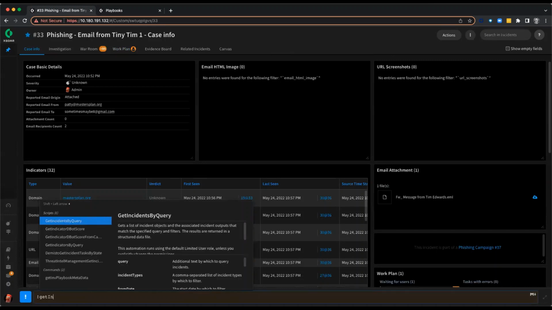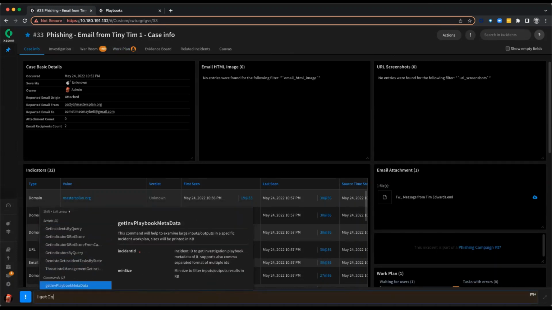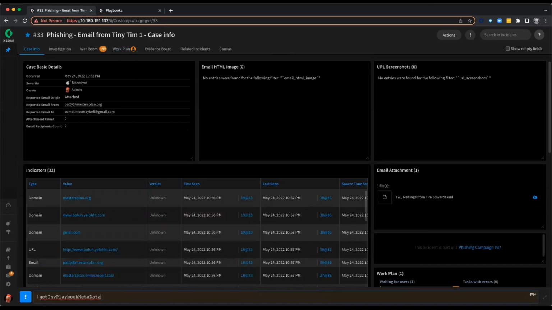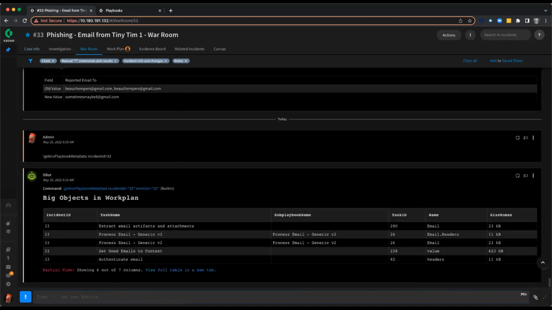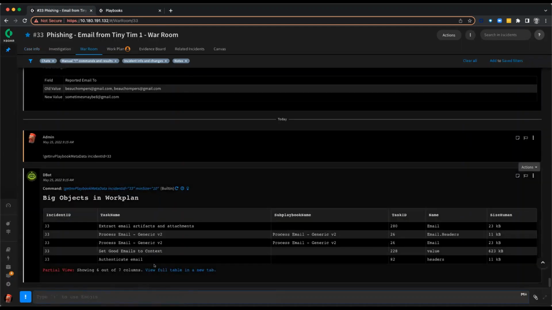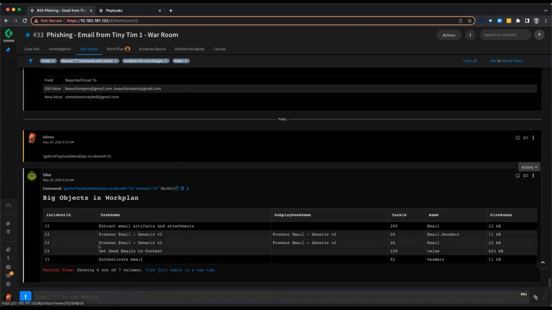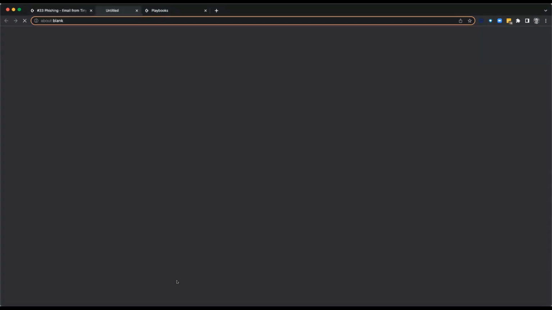But we can take a look at this playbook by running a command within the war room. This can be done from your playground as well. This command is called get INV playbook metadata, and it basically takes the incident ID and returns how the playbook functioned to the war room. Now, as CSAs or CSEs, what we're looking for out of this is things that are outside the norm. So if we open this in a new table,